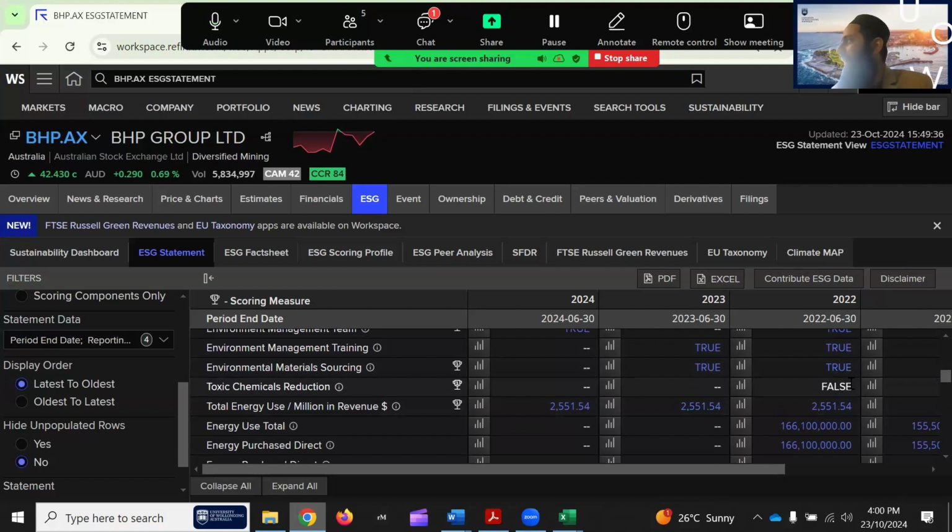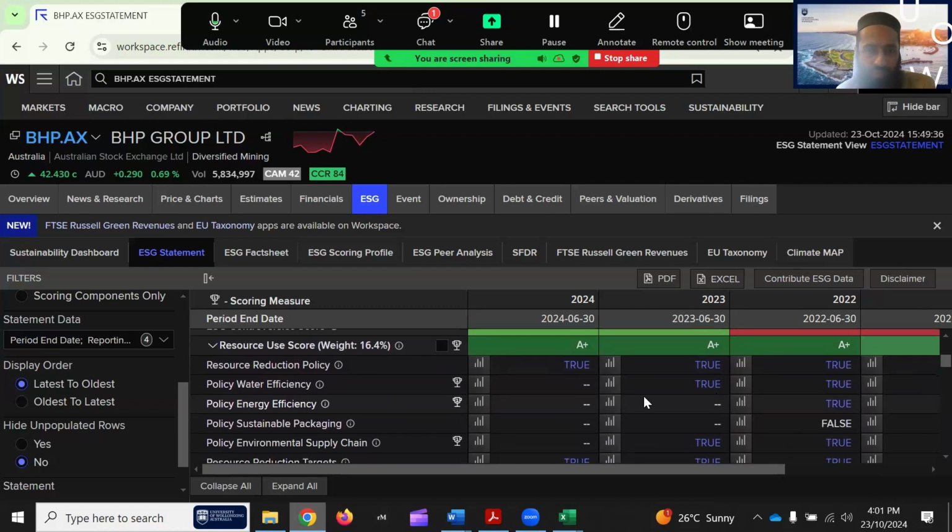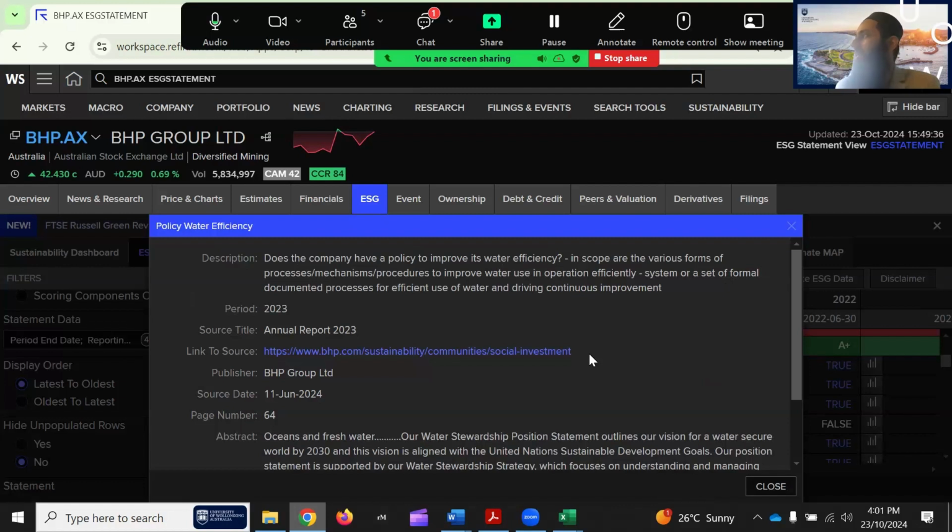It means there is a hyperlink attached to it. For policy water efficiency, if I click on this hyperlink, Refinitiv provides the source document link from where this information is coming, so you can verify it. Some of the links work, some may not, because sometimes the companies change their URL or move information from one place to another.